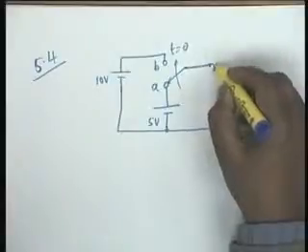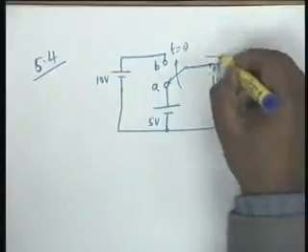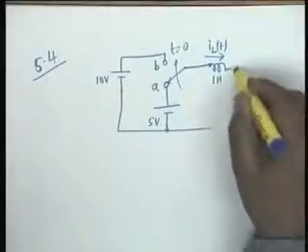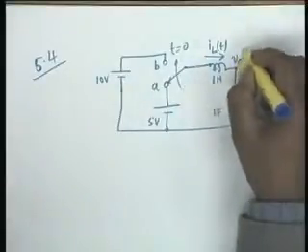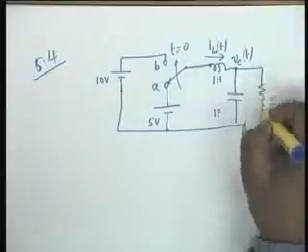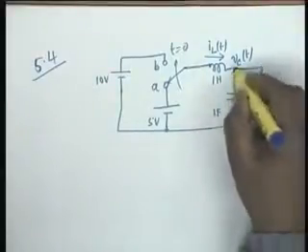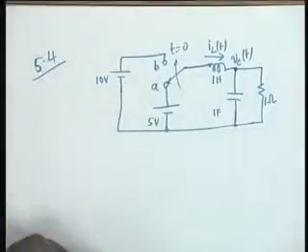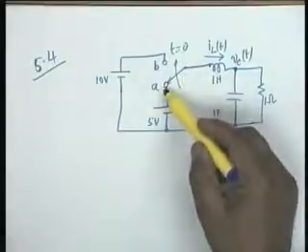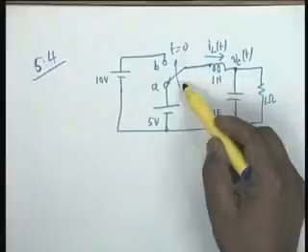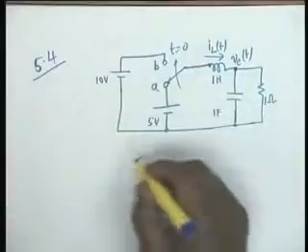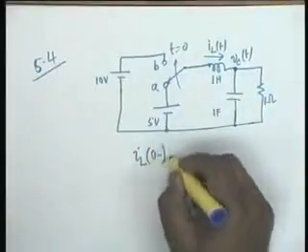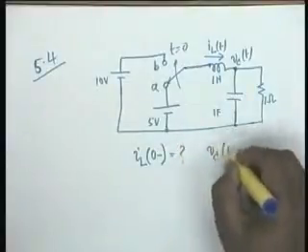Then we have a 1 Henry inductor. The current through this is ILT. We have a 1 farad capacitor. The voltage here is V sub CT, and it is shunted by a resistance of 1 ohm. This is the circuit. The circuit has reached steady state in the position A, and then at t equal to 0 the switch is moved to position B. Determine the initial conditions for ILT and VCT, that is you have to find out IL 0 minus, VC 0 minus